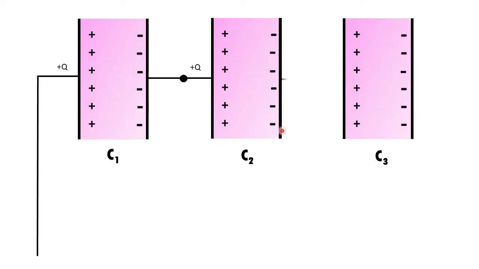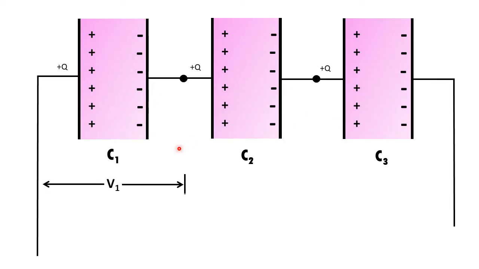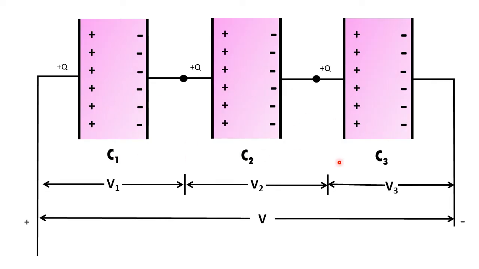You can see in the diagram three capacitors having capacitances C1, C2 and C3 are connected across the terminals of a battery having terminal potential difference V. As soon as these capacitors are connected across the terminals of the battery, from the negative terminal of the battery, electrons equivalent to charge minus Q enter in second plate of the third capacitor, and minus Q charge gets accumulated here.